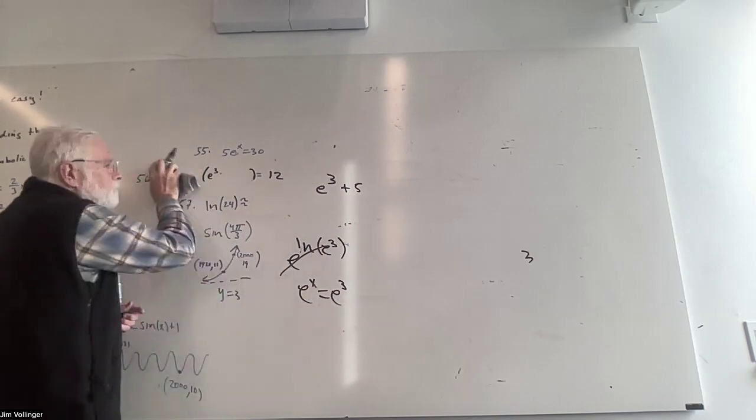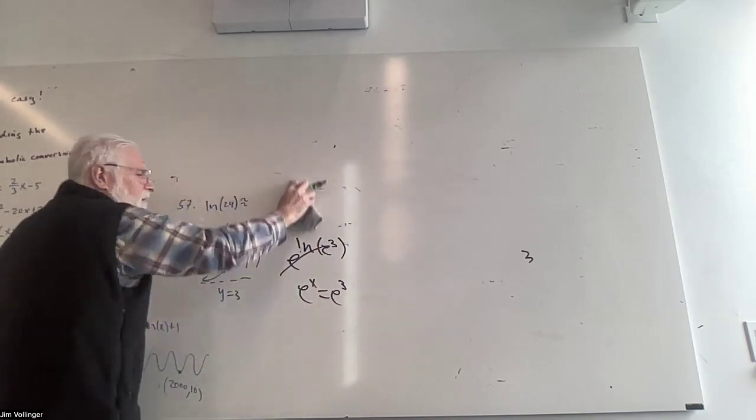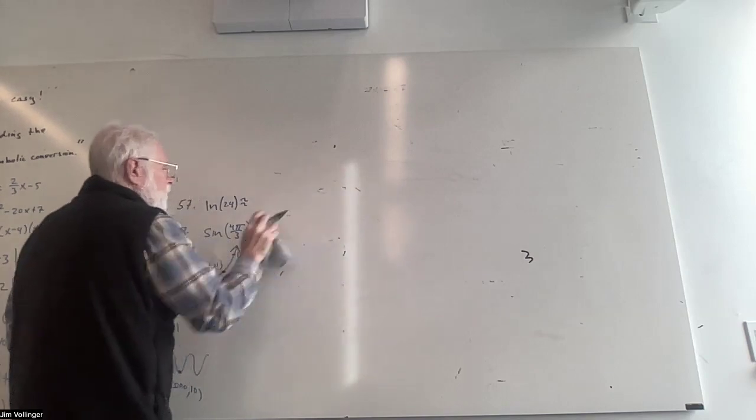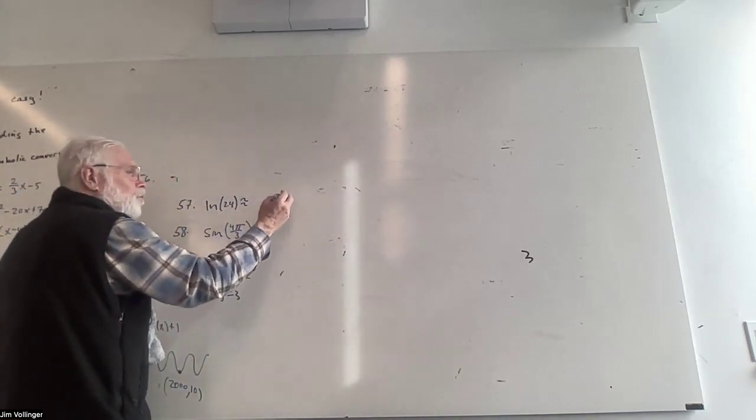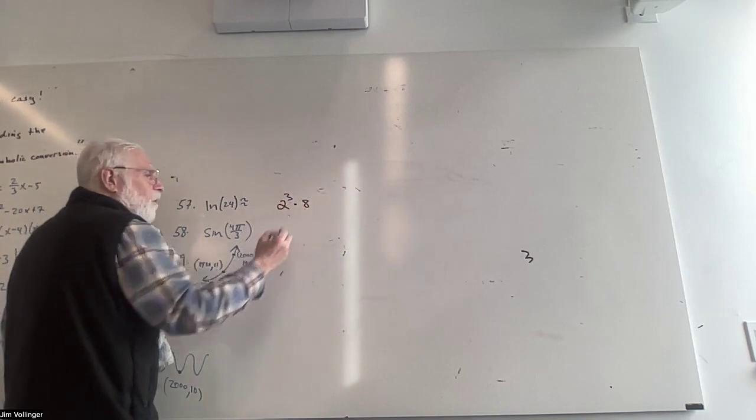All right, we just did the ln of 6. Maybe you can do the ln of 24. The ln of 24 is 2 cubed times 3. If we want to get it